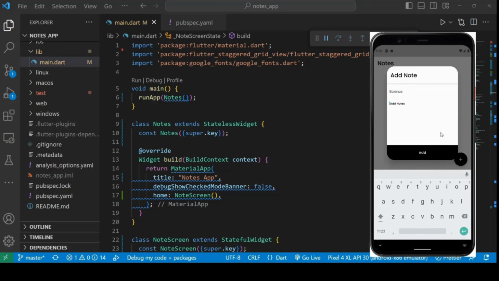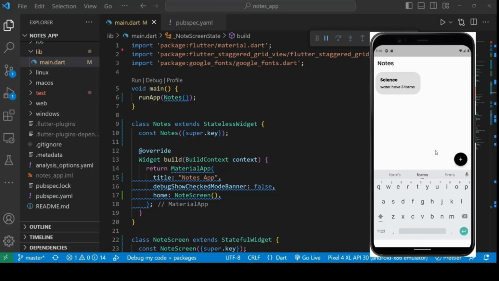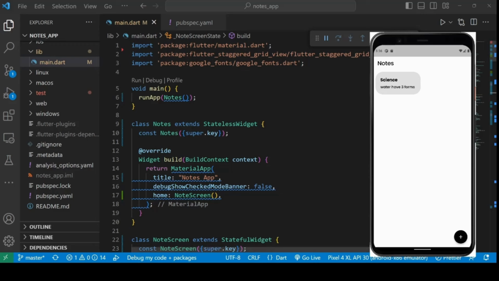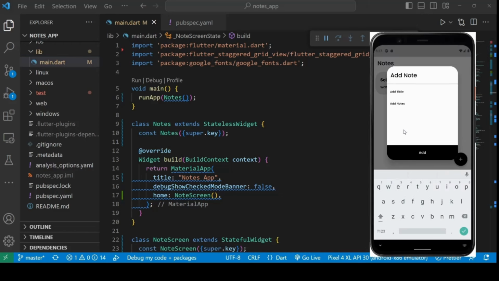We can give water has 3 states or 3 forms, and let's add. The thing appeared here, and for adding multiple things, let's add a new thing called Flutter. Inside Flutter, we can add